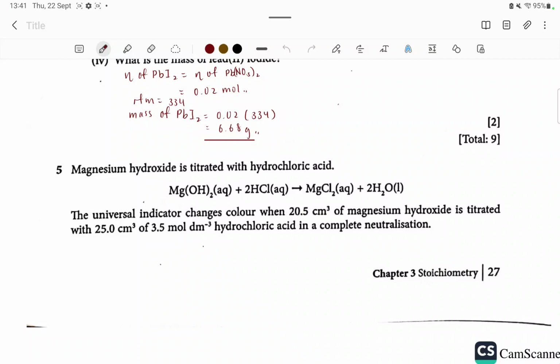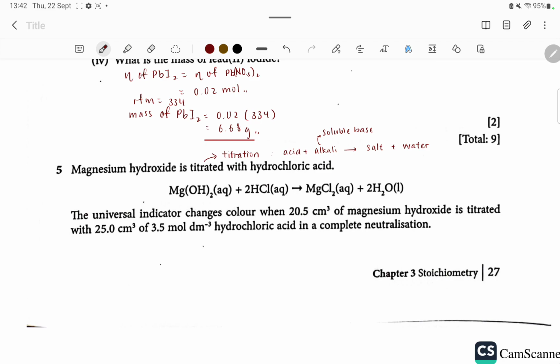Titration is actually acid plus alkali, means soluble base lah, and then they will form salt plus water. So this one